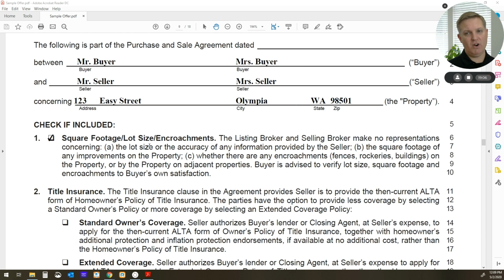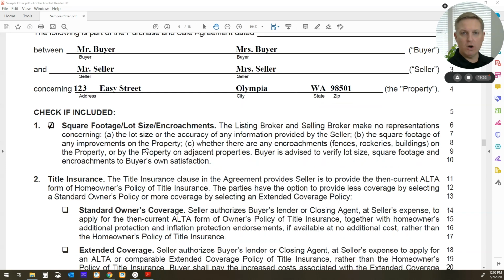The brokers can't verify those things. The seller might make certain statements, but ultimately, if you want to know how large the home or the lot is, where the boundary lines are, you need to measure, you need to hire a surveyor, that sort of thing. Parties don't normally hire surveyors unless it's really high dollar, every inch counts type of property, like waterfront or really